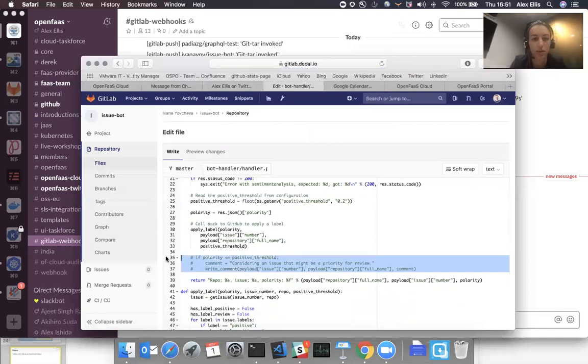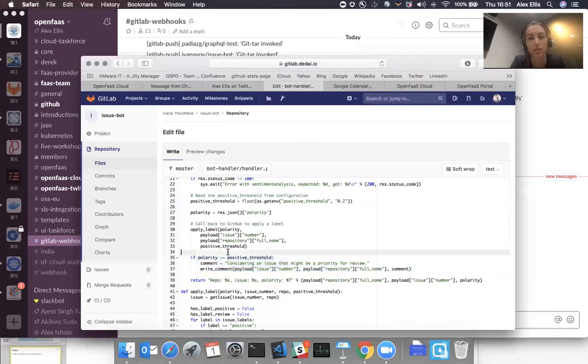Yeah, these are these lines. These are a few lines of code that comment, mentioning the owner of the repo, so that if an issue is with negative threshold and is marked with review, then it's expected the maintainer to take some action, the owner actually, to take some action on it.